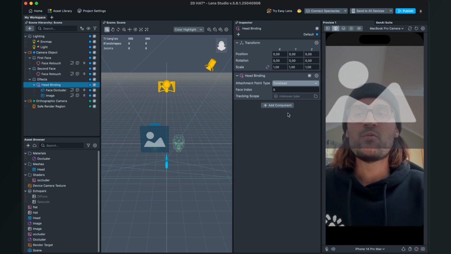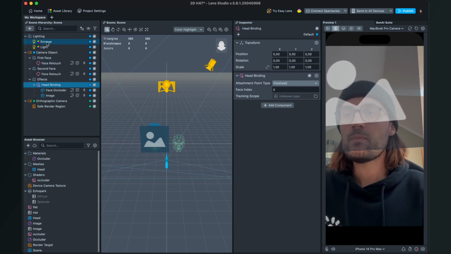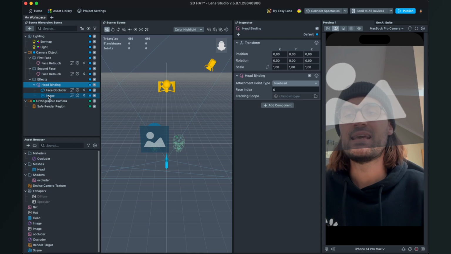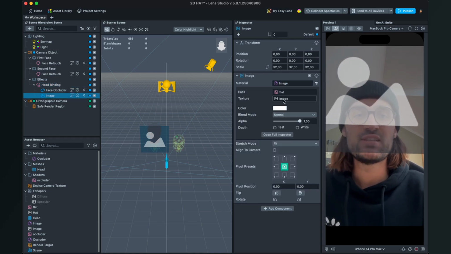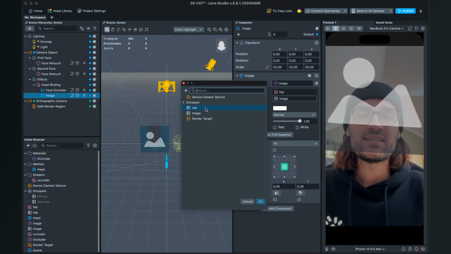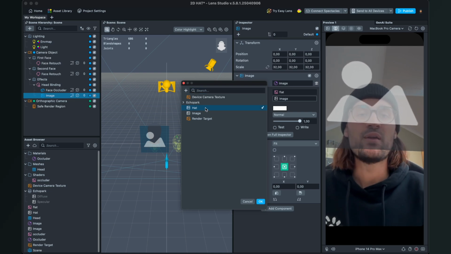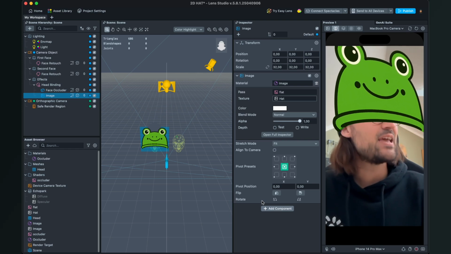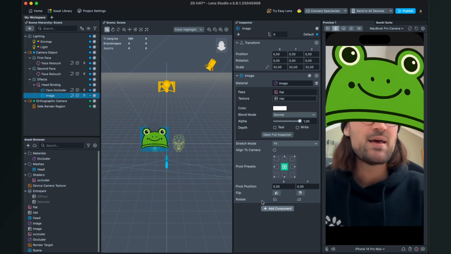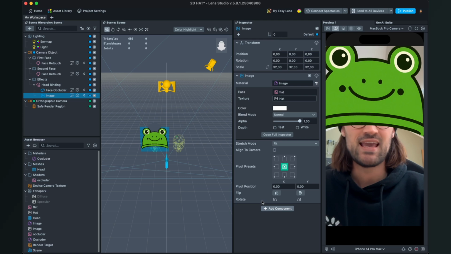And now when we go to the scene hierarchy again and select our image, we can go to the right hand side, and here we can change the texture. And here just select the image you have imported and hit OK. And now you can already see the image is attached to your face, but yeah, you have to scale it